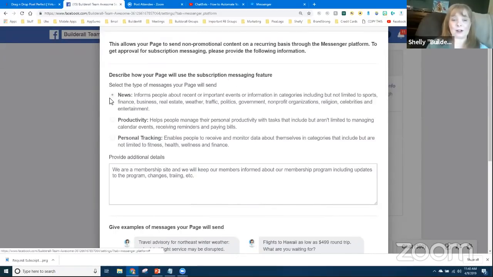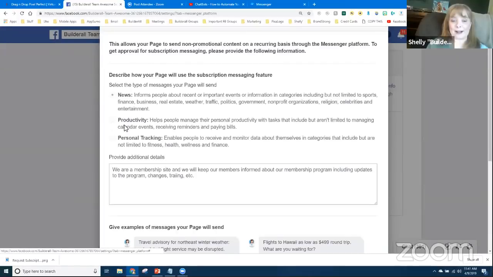And you can answer, I'm going to send them news. It's for productivity. It's for personal tracking. So if it's for news, you can send them information about different events, information about sports, finance, business, real estate. It gives you all kinds of examples of what you can do if you choose news.